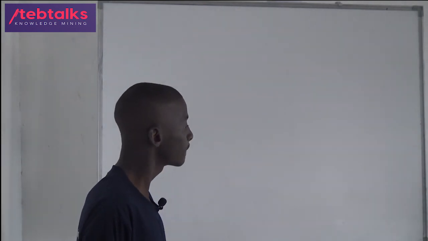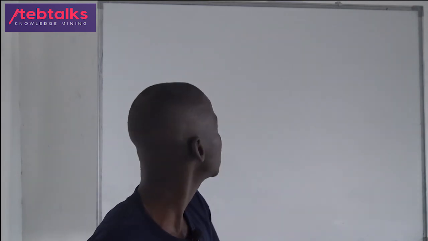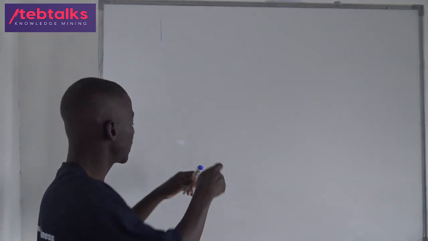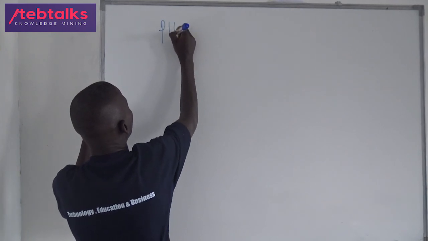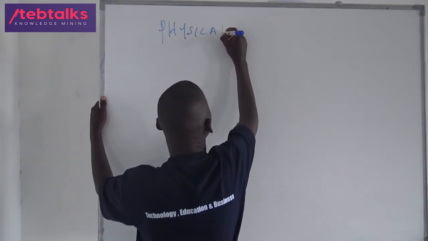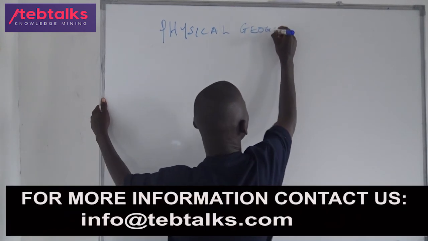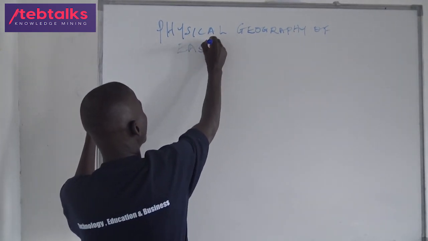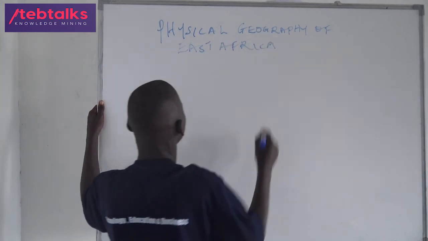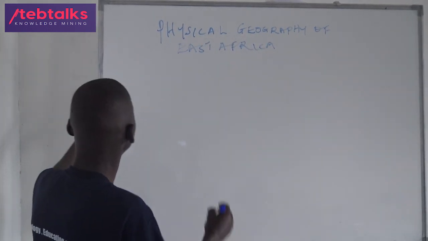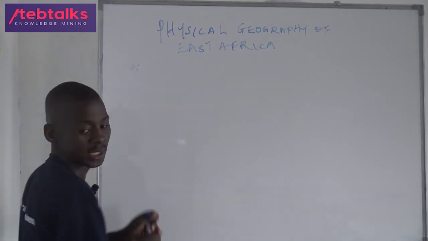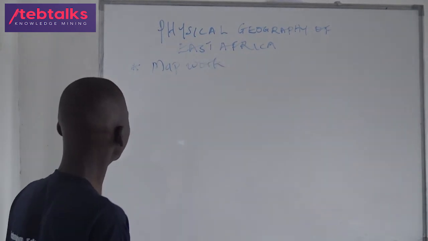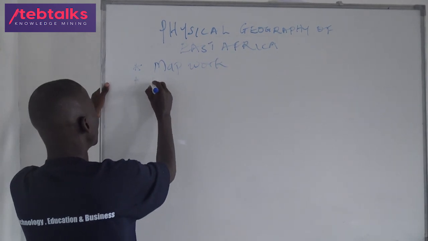I'm going to take you through paper 1 of Physical Geography of East Africa. The Physical Geography of East Africa is made up of one compulsory number, that is map work, which we looked at. Then section B